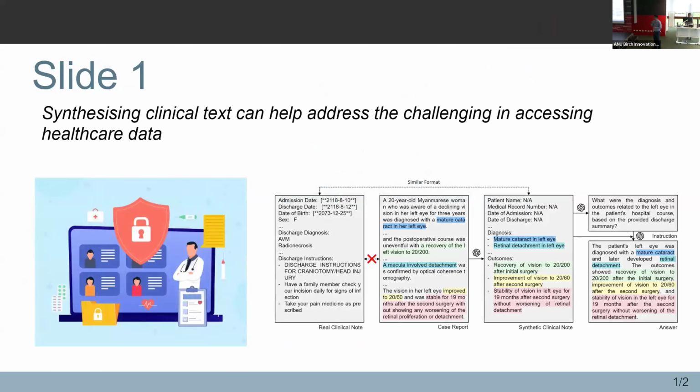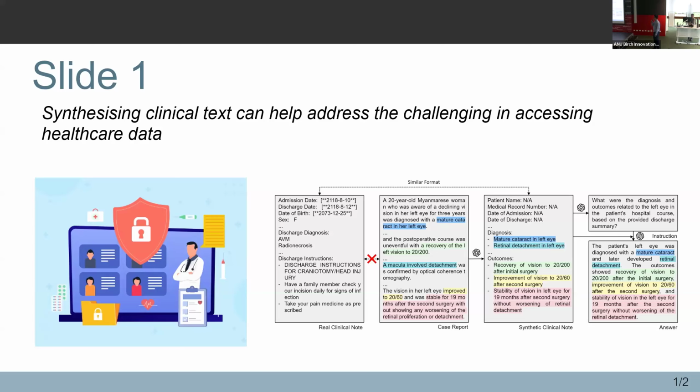So healthcare systems sometimes really want to customize their own models to achieve optimal performance for their patient cohorts, for the specific demographic distributions. But one obstacle is that they often have limited data to do that. And because of regulation and patient privacy, sharing data across healthcare institutions is really challenging. So one solution is to create synthetic clinical text to help address these challenges